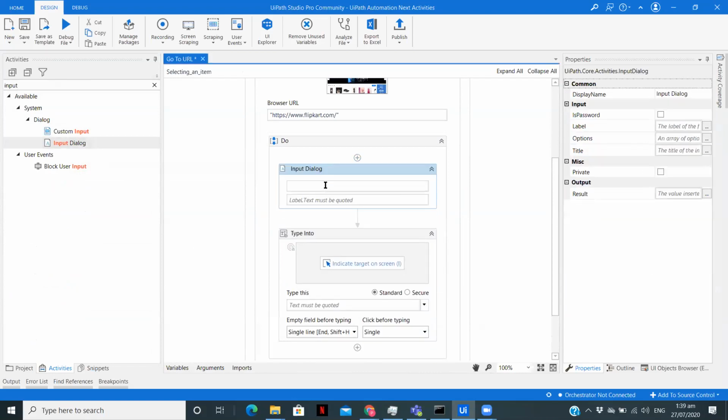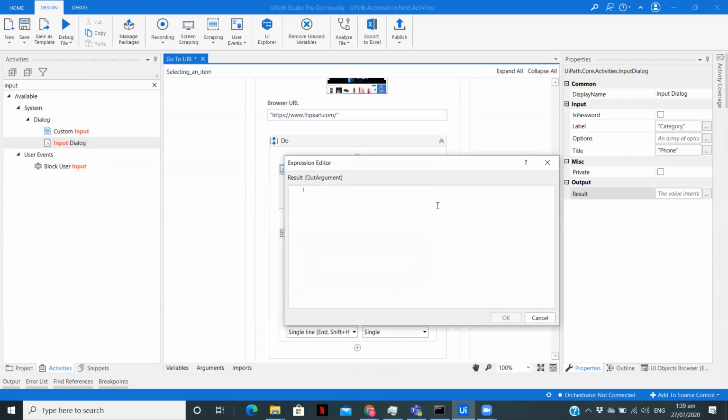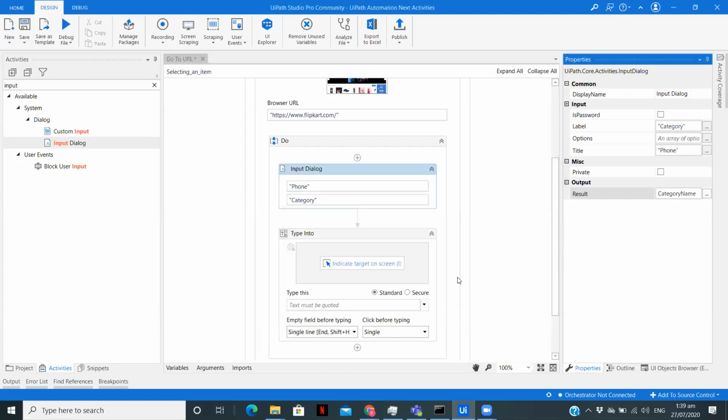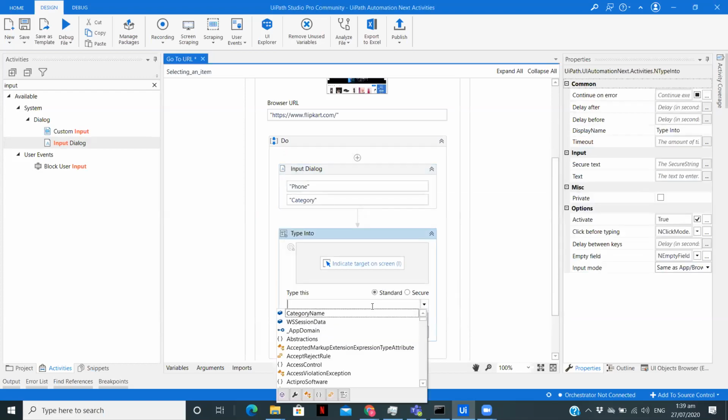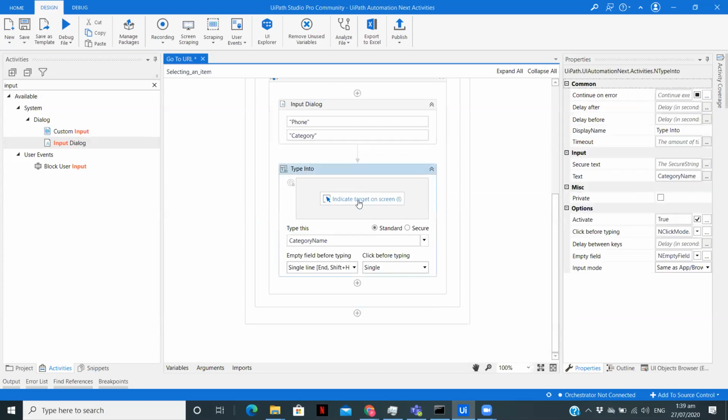Here, enter phone category. We'll store the result in category name, which is what we are going to pass over here, the category name. Now let me indicate on screen.